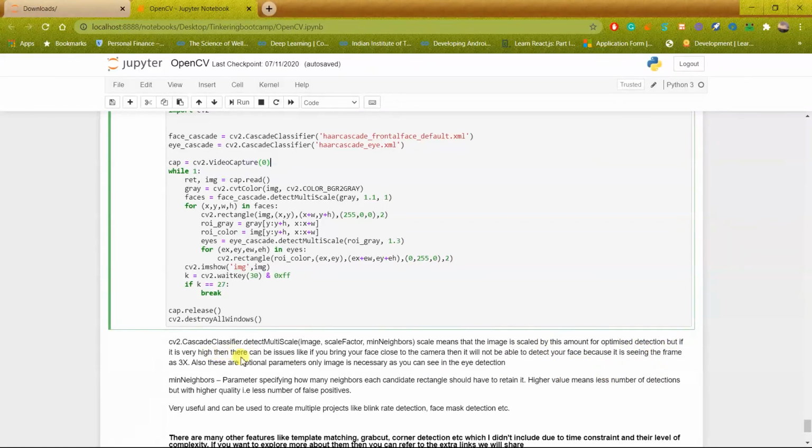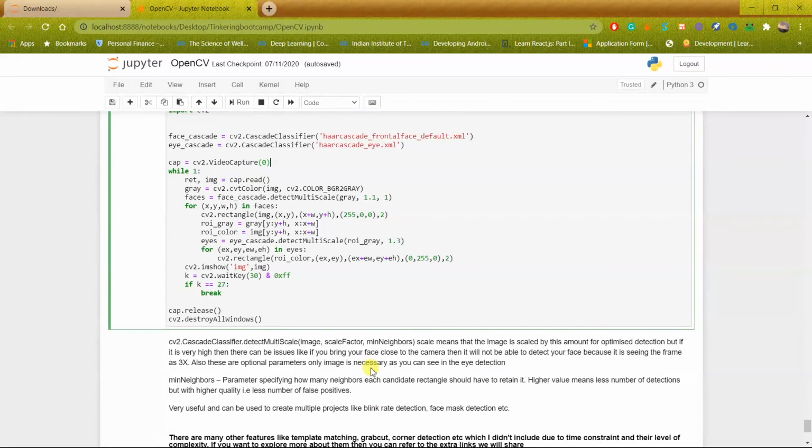But if it is very high, then there can be issues. If you bring your face very close to the camera, then it will not be able to detect your face, because in actuality the algorithm is seeing your frame at 3x, so it would be very zoomed in, and if you bring your face very close to the camera, then it might just go out of the frame and it won't be able to get detected.